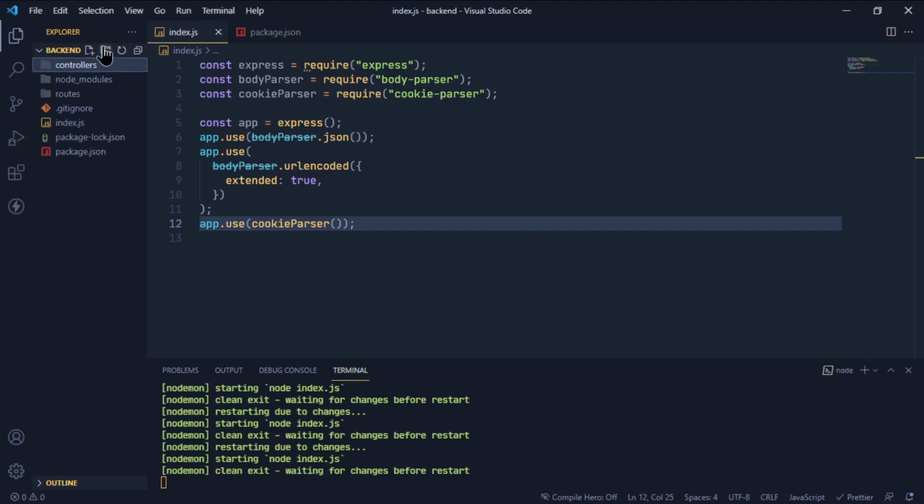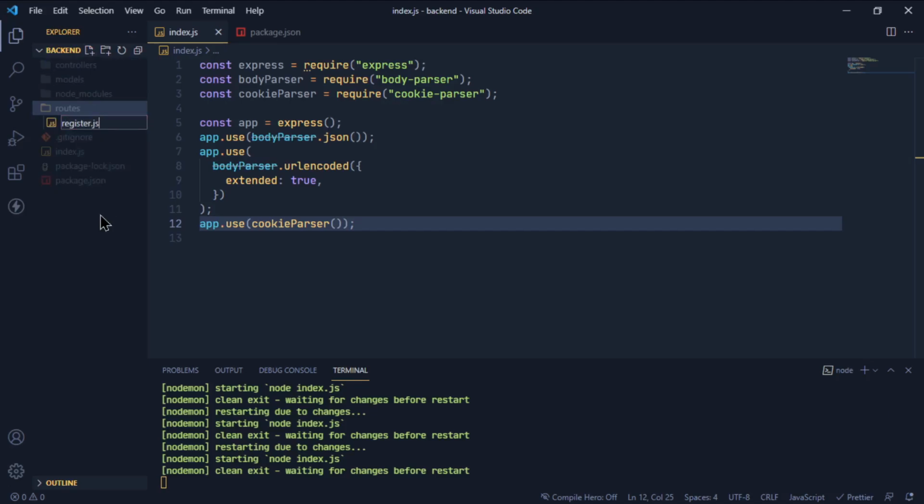This is the general structure we wanted to use, and not within controller. Outside controller, I'm going to create a new folder that is nothing but model. I'll be telling you what the purpose of model is and everything. As of now, this is the structure of our backend API. Now, within a root, I'm going to create a new file that is nothing but